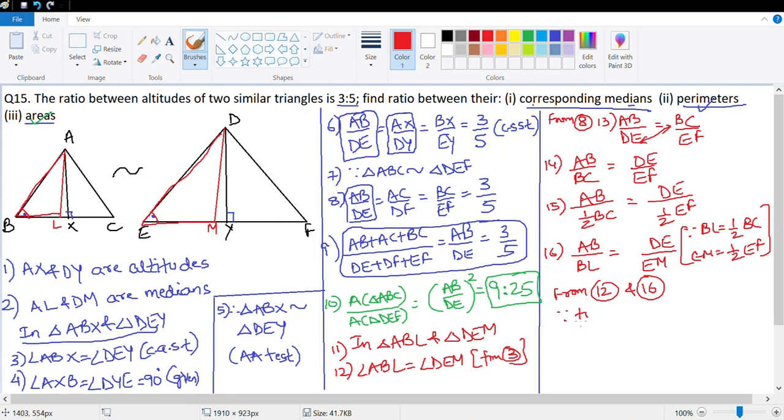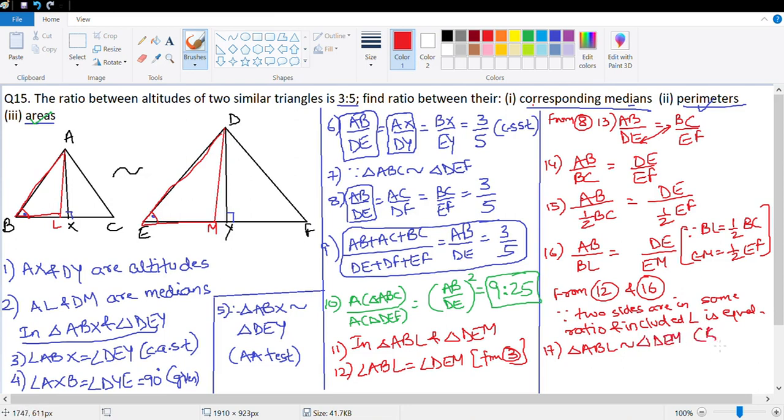Since two sides are in same ratio and included angle is equal, what we get is triangle ABL is similar to triangle DEM